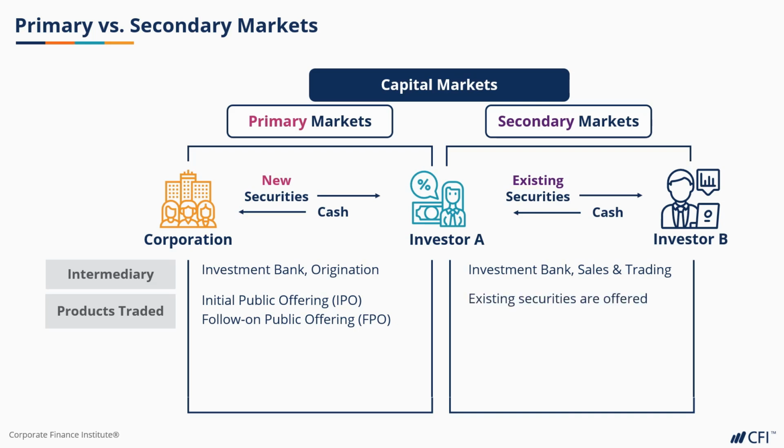In secondary markets, it's just existing securities changing ownership. To follow up on products traded, the selling frequency of securities in primary markets is a one-time event. A new issue can only happen once, and any resale thereafter is a secondary purchase, in essence, not from the issuer. By contrast, the selling frequency in secondaries is limitless, as trades are ongoing amongst investors.